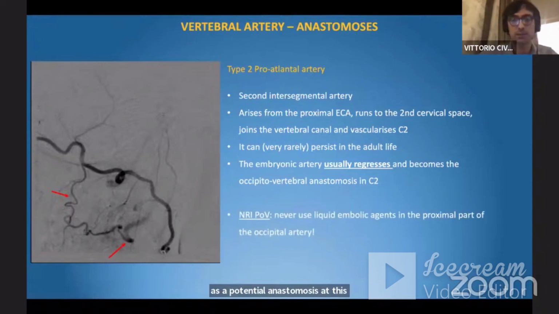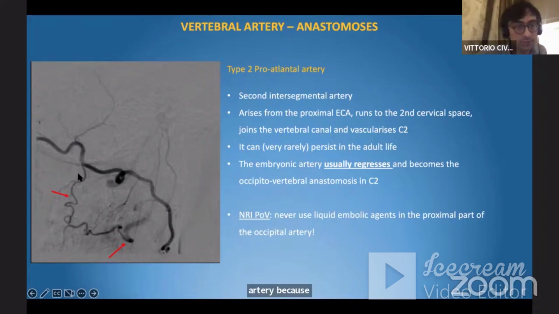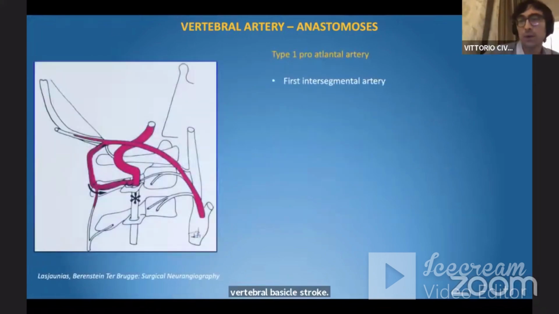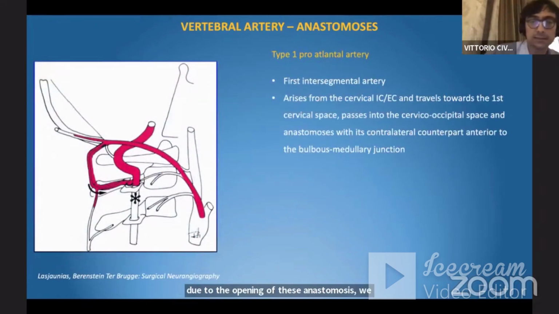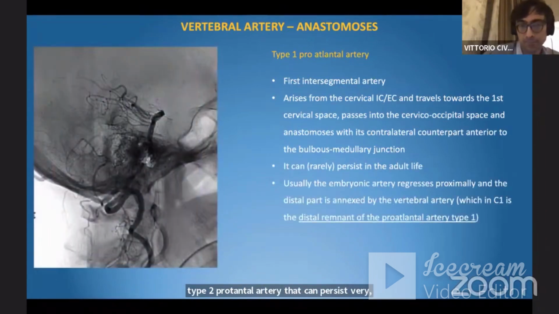So from a neurointerventional point of view, we don't use liquid embolic agent in the proximal part of the occipital artery because it can open this anastomosis, and then from an injection from the occipital artery, we can find ourselves with a vertebral stroke due to the opening of this anastomosis. The type 2 proatlantal artery can persist very, very rarely in adult life, but usually